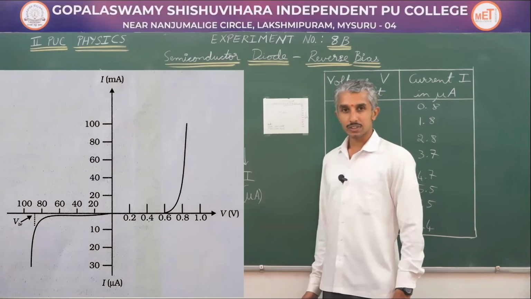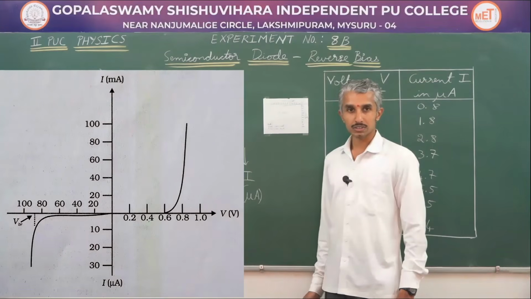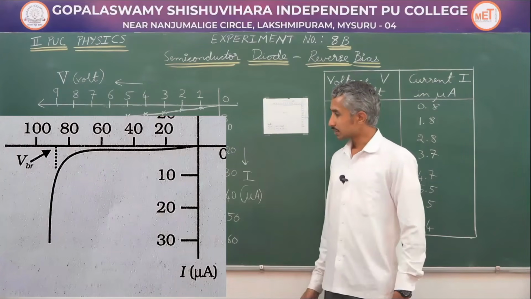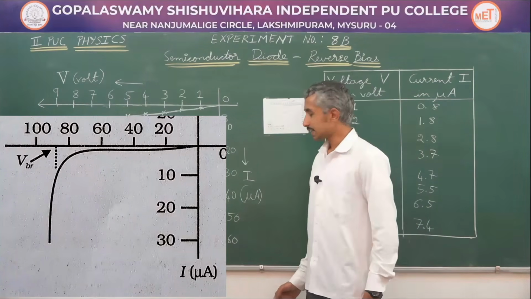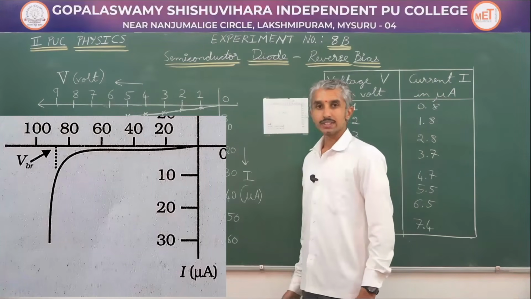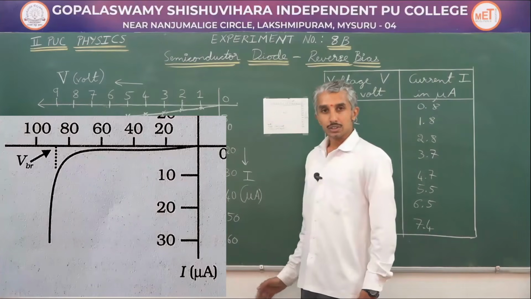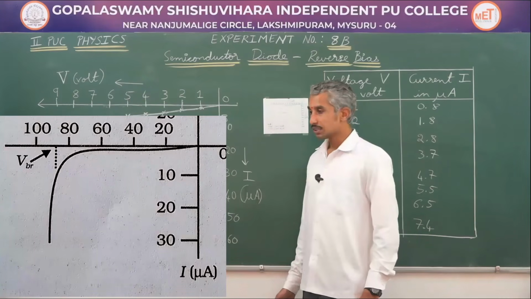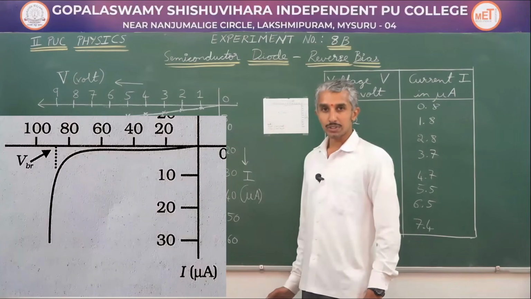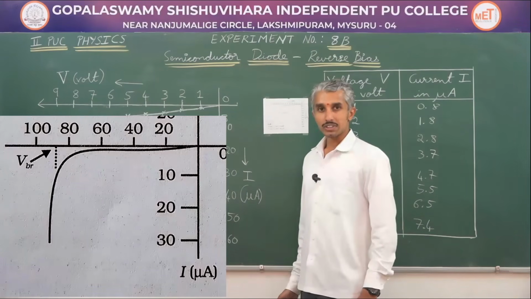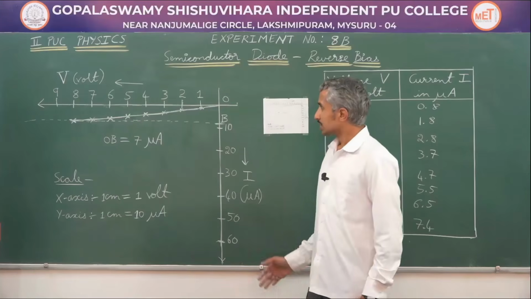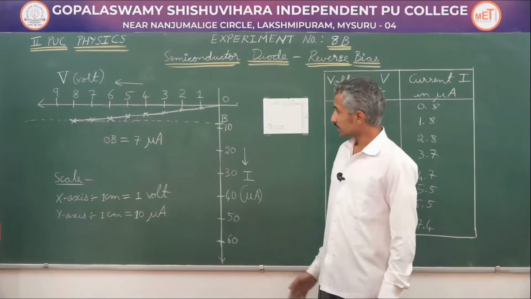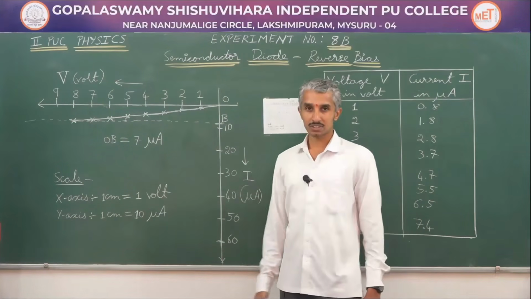The graph here, which is given in your NCERT, helps us to understand better. The diode attains a constant value, and if you look at the graph here, the reverse voltage is increased from 0 all the way till 80 volts, and there is a breakdown of the diode after crossing a certain limit. The voltage at which the diode breaks down and current increases suddenly is called the breakdown voltage. Within our laboratory limitations, we will not be performing the reverse bias of the diode till 80 volts. We have only performed till 8 volts, and within the readings that we have noted down, we are going to take the reverse saturation current as 7 microamperes.